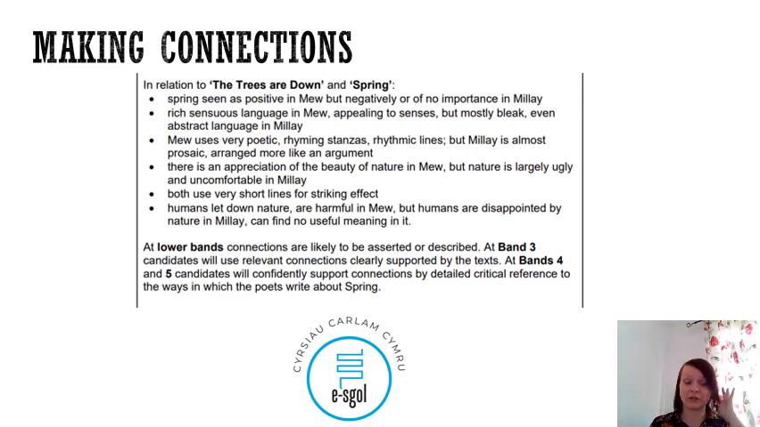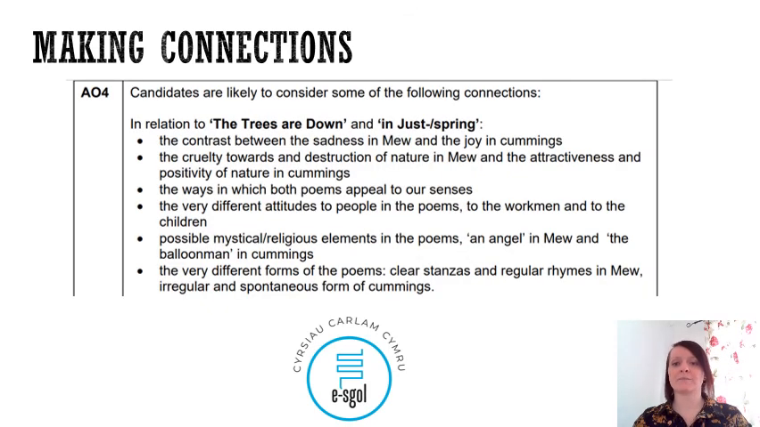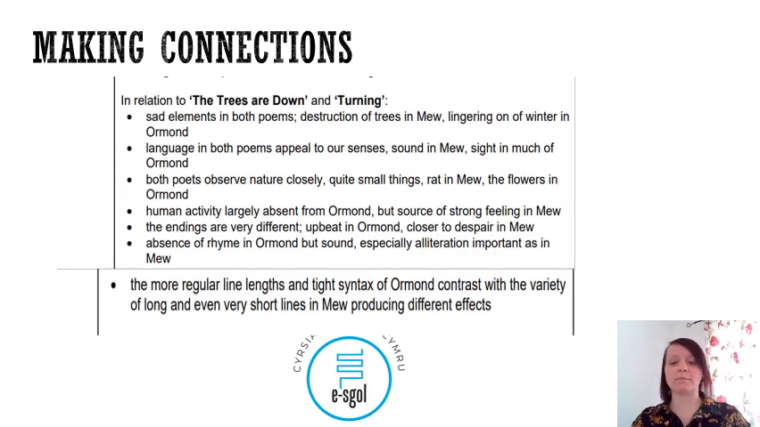Both use quite short lines, okay, for striking effect. We get the sense that humans, in the view of Mew, are letting nature down, and then similarly we get a sense that humans are being disappointed by nature, okay? So they're the types of connections that you could potentially make, all right? And I have included on the next couple of slides the connections that you could have made if you chose to look at the other poems. So if you want to go and give those poems a try yourselves, then that obviously would be quite